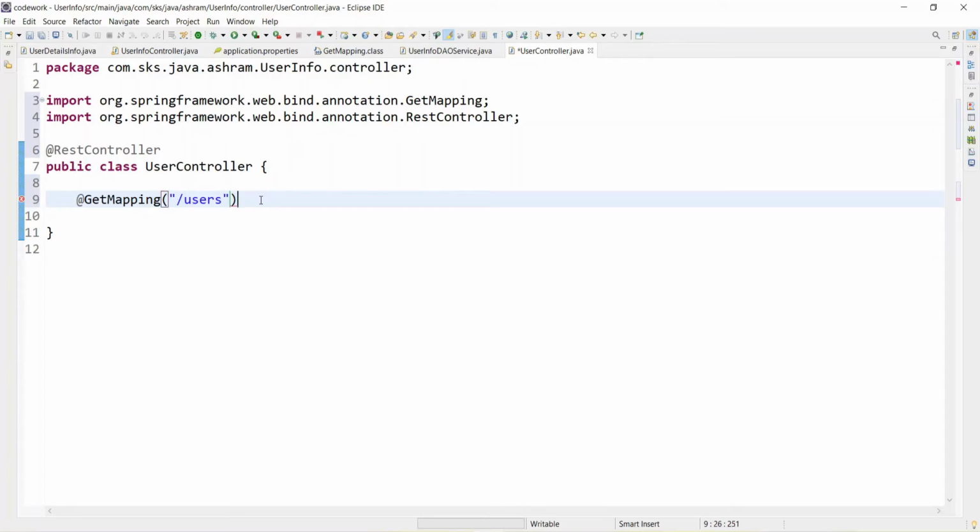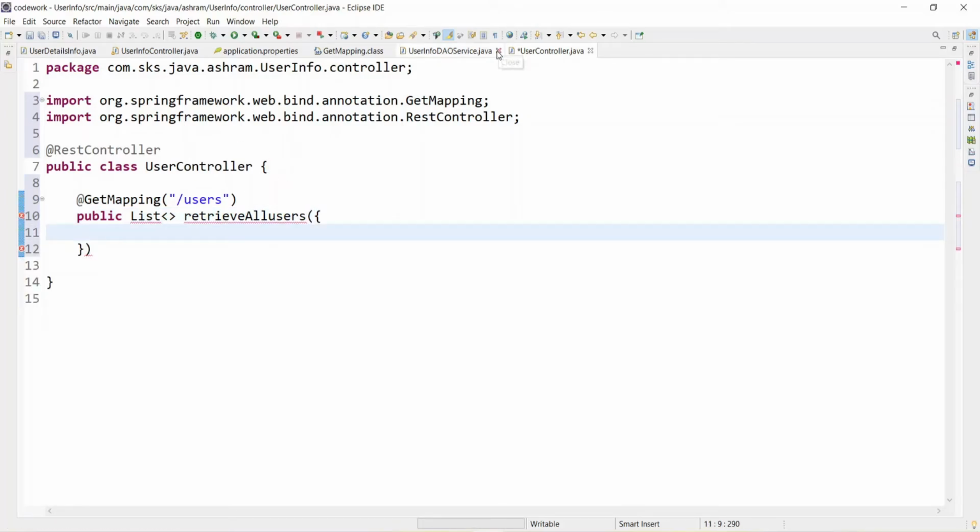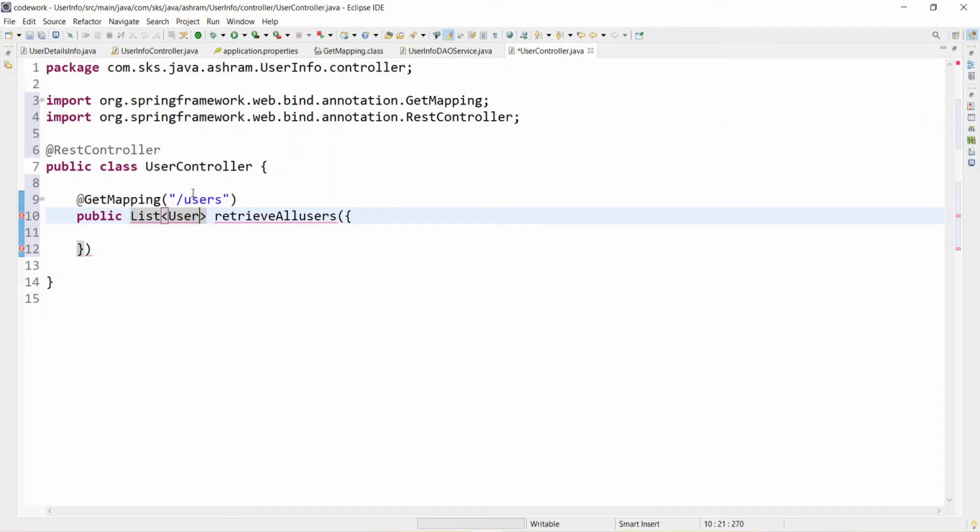This get request should be mapped with this method, so list, retrieve all users, and the list of our user details info. So this is the object.